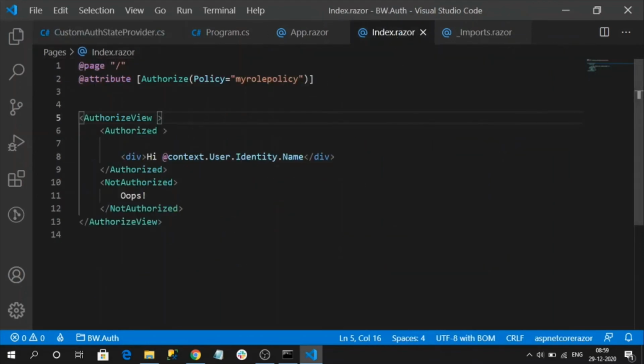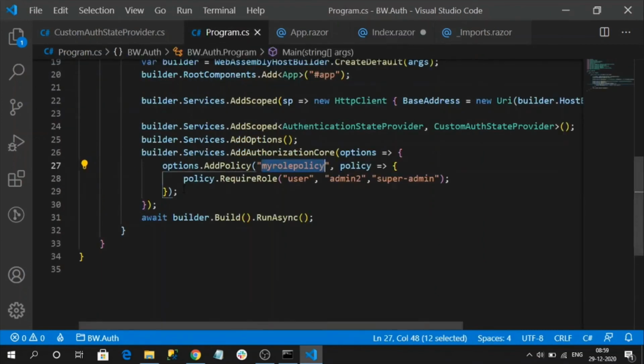Here I want to add claims authorization to my authorized view. Implementing claims is not similar to roles, where we can directly write roles. For claims, it is mandatory to create a policy. Claims only go with the policy itself. So here I want to create a policy. Let me create a new policy. Let me copy paste it.